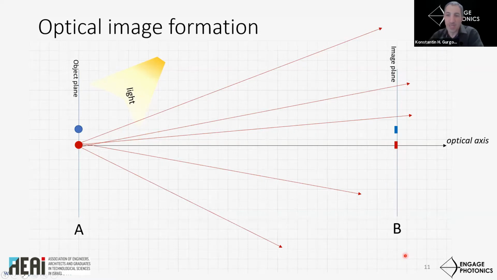And that means we want to get a similar distribution of light at that plane as the projection of plane A along the optical axis. So the way that these two objects are viewed along the optical axis is the same distribution of light we want to create at plane B. That means we want to get some red light incident right here and some blue light incident right here. And if I place a piece of paper at plane B, and I look at it, I would see an image which is similar to what's happening at this plane.